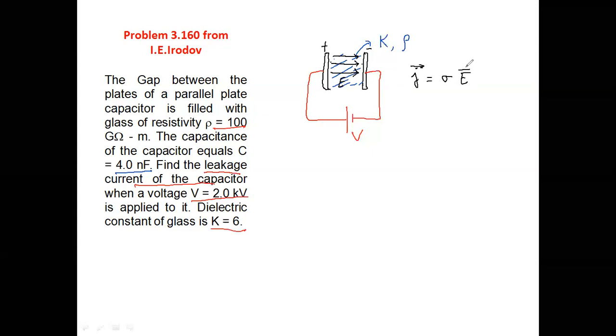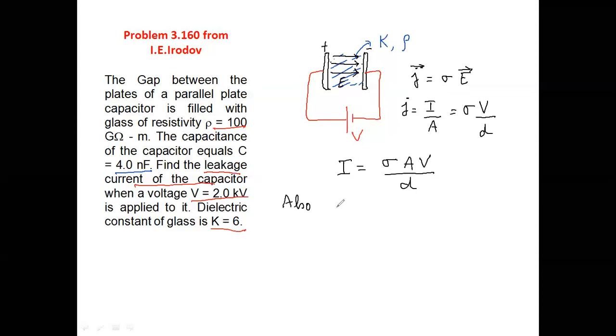So in this way, you can find out current density J equals conductivity sigma times electric field E. We know that it is in the vectorial form, but we are interested in the magnitude form. In the magnitude form, current density J will be the current divided by area equals sigma times electric field, and this electric field can be written as potential difference divided by separation between the plates, and therefore the current will be sigma times area times V over D.